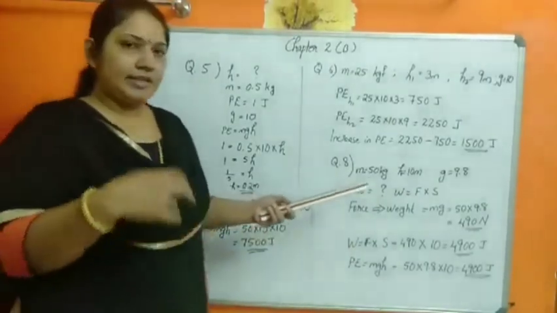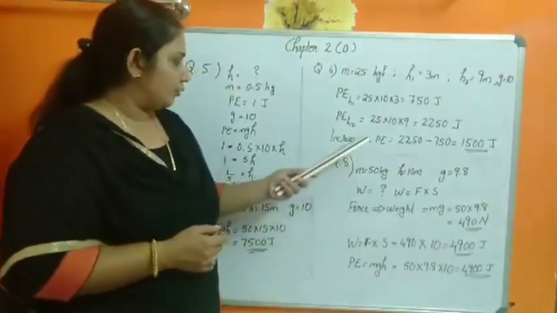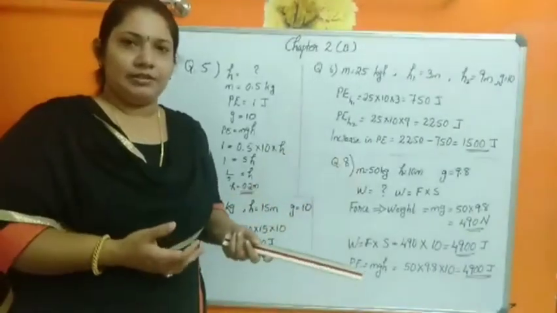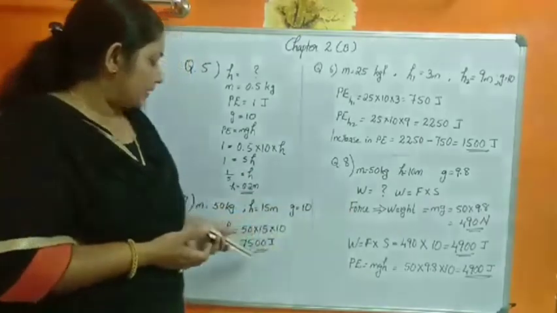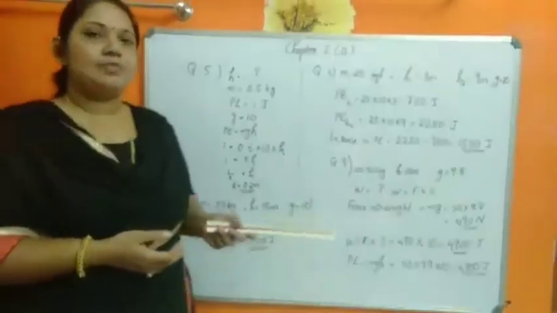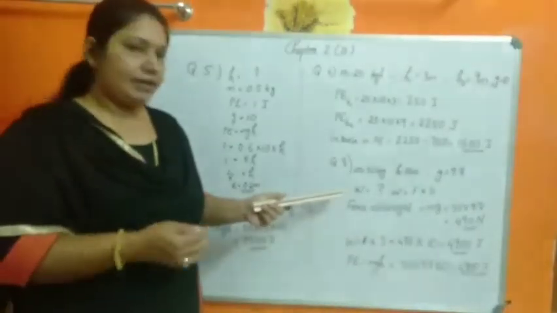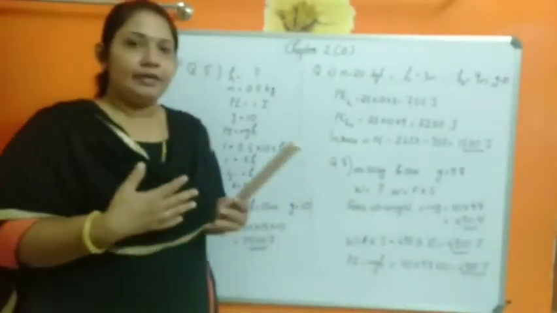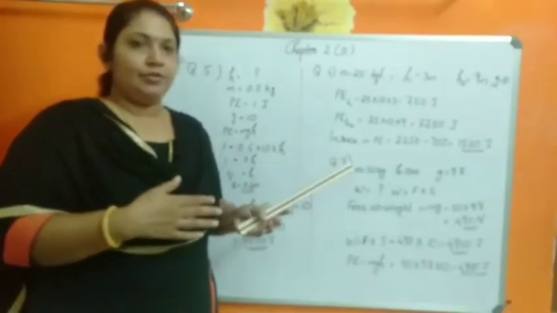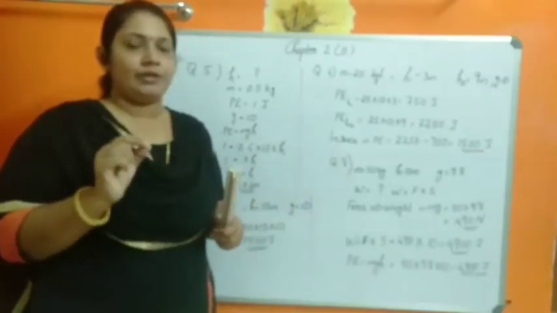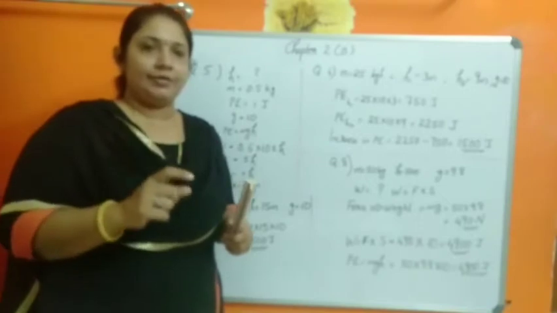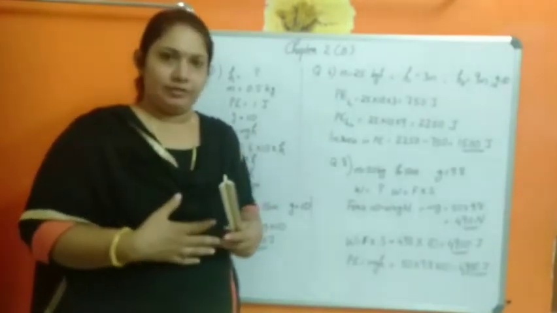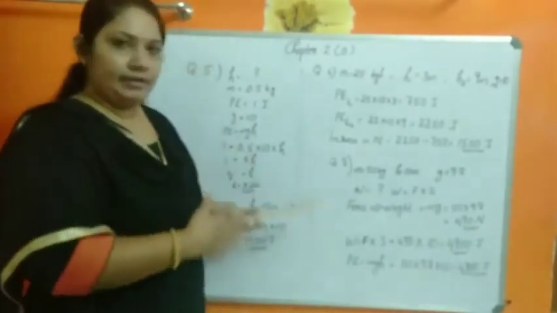So here there is a second step of problems. Till question number 7, we were asked to find merely the potential energy, simply substituting in the formula mgh. But from question number 8, we are going to the second set. That is, here we are going to interrelate. As we already, I think you all went through the expression for kinetic energy. Likewise, I told you when we study the derivation, we will get the link between different formulas. So that we are going to apply here.